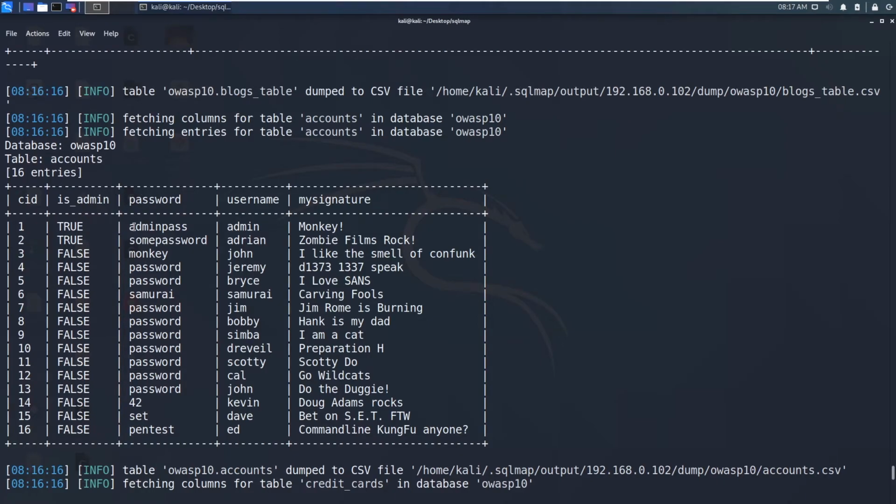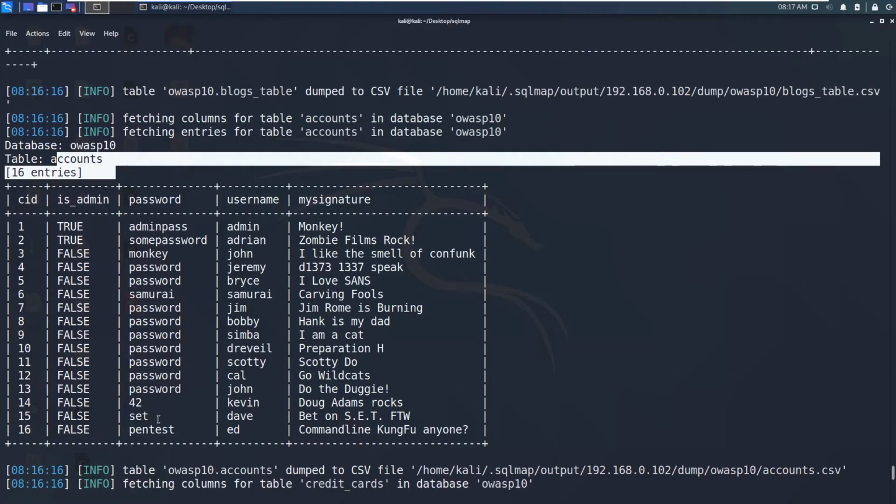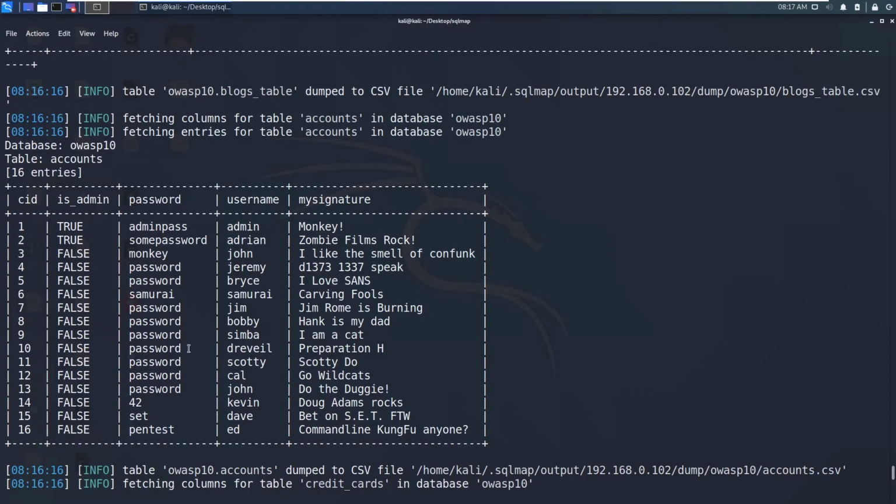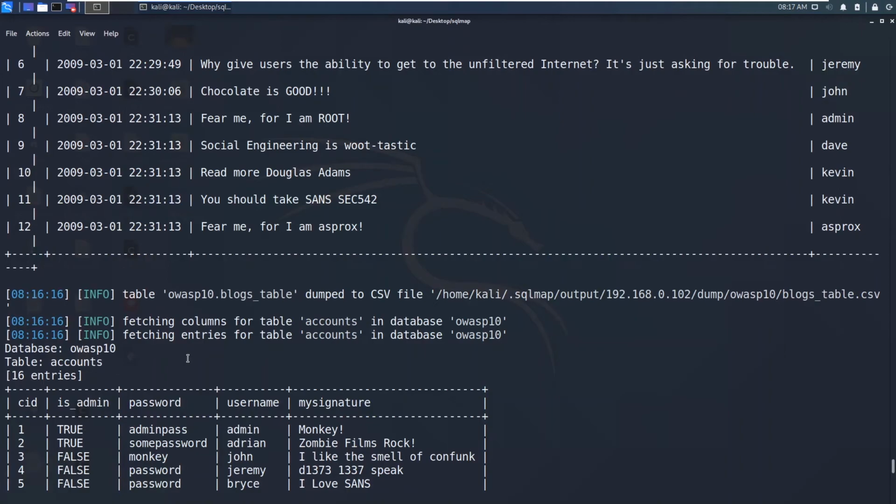So the website backend PHP is filtering this and showing us only these 3 fields. That's why we found how many columns exactly are there in the accounts table. So there are 5 columns and 16 entries. You can see here the same output we have got in the previous video.